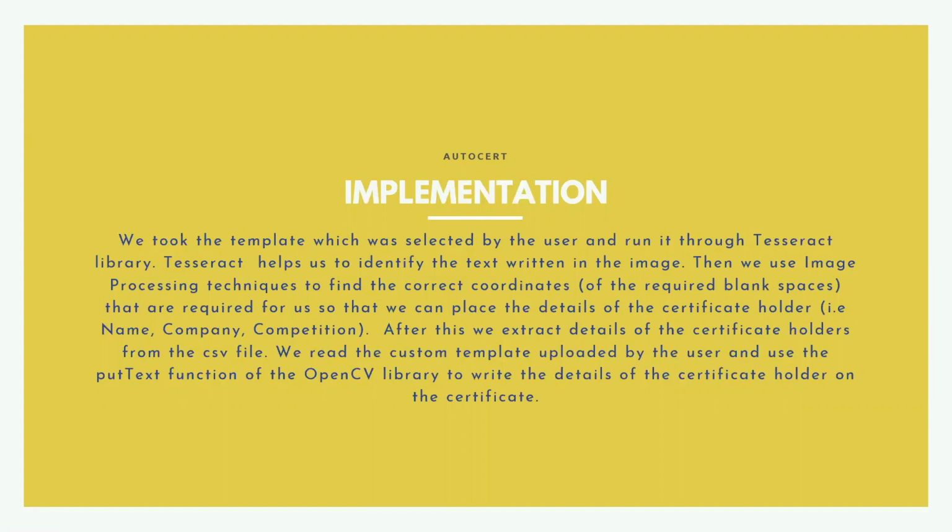Using Tesseract, we first detect all the text present in a certificate uploaded. Then we apply some of our own image processing skills, and then we generate the locations or the coordinates of the text. Using such coordinates, we then determine the exact size of the text which should be put and the position, and then we insert the text in those images. So the text will be taken from a CSV file which will also be uploaded by the user, containing all the details which have to be uploaded in the certificate.